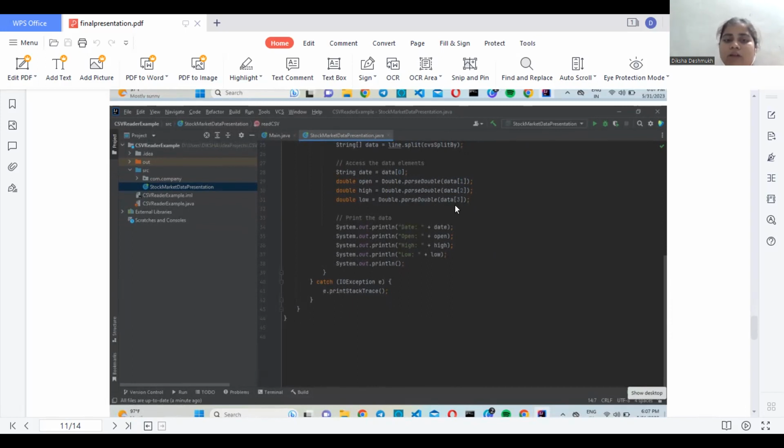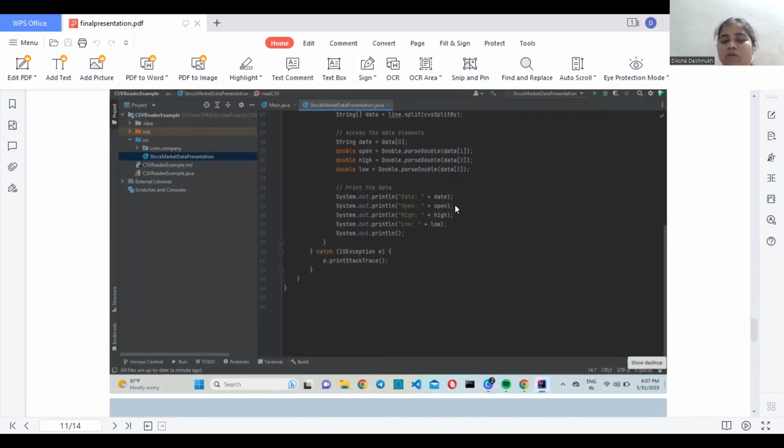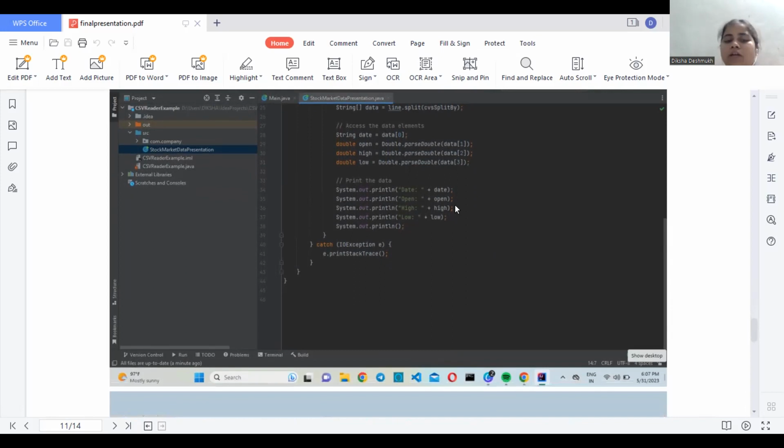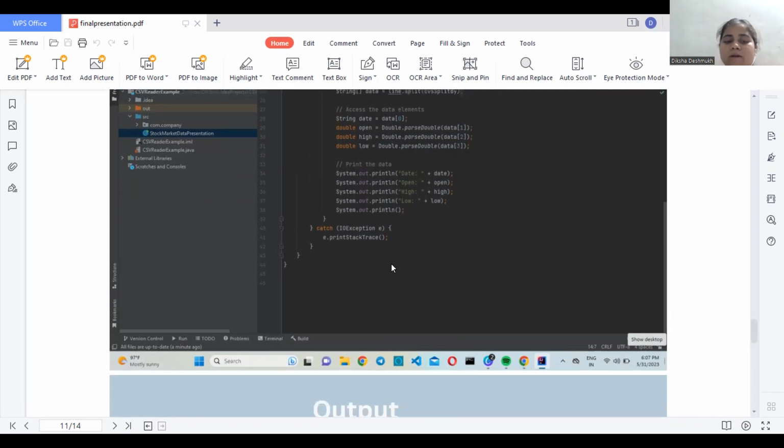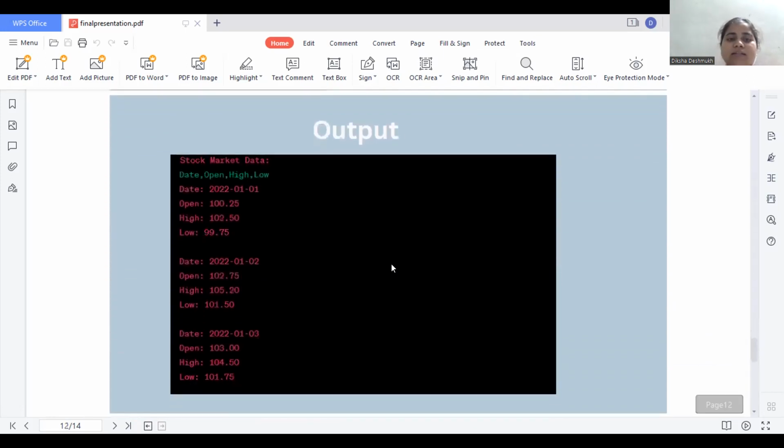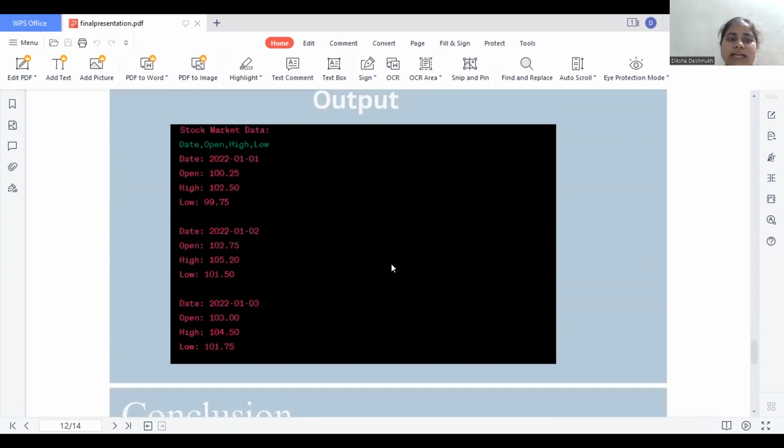On that basis I use System.out to print, and I have a try and catch block, so it catches the IOException and calls e.printStackTrace. My output is the date, open, high and low, for the year 2000. Here I have taken some input about the trend